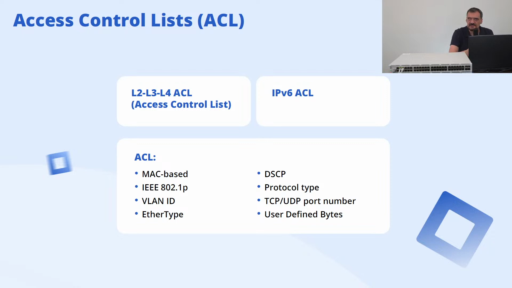In fact, we can filter the traffic from layer 2 up to layer 4. We're not working with layer 7, but it is still just a switch. But we can work from layer 2 up to layer 4. The classical extended ACLs include layer 2, layer 3 and layer 4 features, so we may filter the packets with all the fields in the IP header and all the fields in the TCP or UDP headers, all the